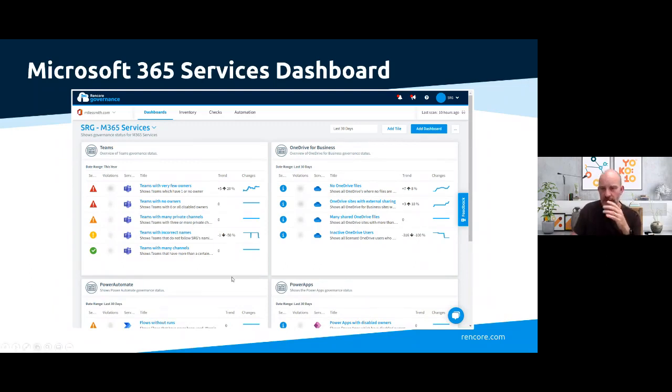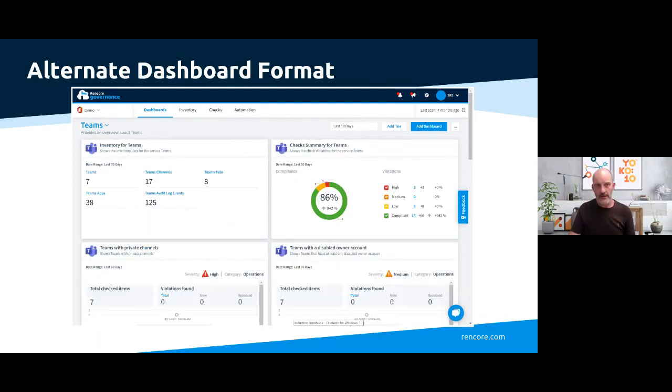Obviously different checks for the different tiles, but similar idea. Each tile will show the key governance decisions for each of those services. We'll probably extend those tiles or the dashboards longer term as new features are added, but for now, that seems to cover everything off.